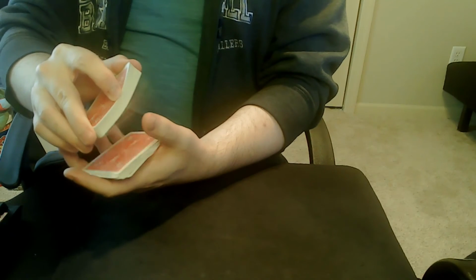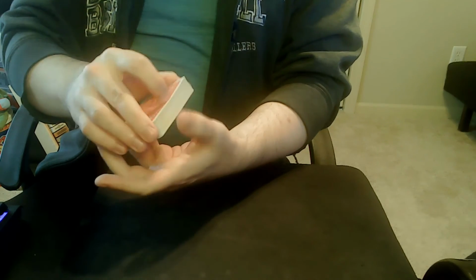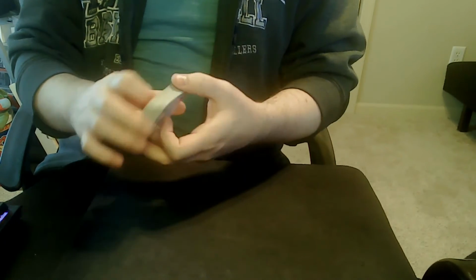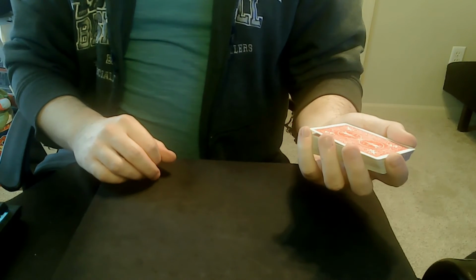The cards are springing off the thumb, and the better you get with the dribble, the further you'll be able to move it away from your hand. Incidentally, the dribble is a great move to learn. You can do a whole lot of really cool things with a dribble, some of which we'll explore on this channel later. Now once we have the dribble down, we're going to get a pinky break under the top card,